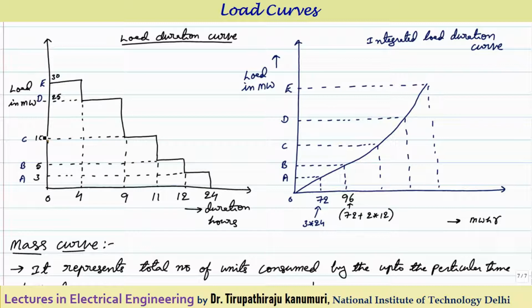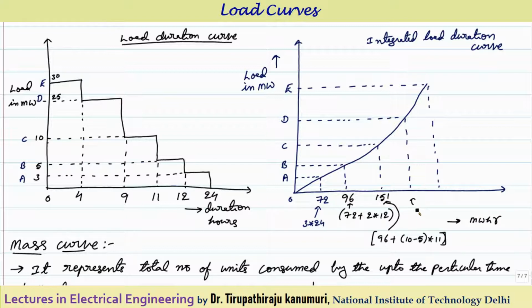For the next rectangle, the difference between 10 and 5, I am keeping here. So this will be equal to 96 plus 10 minus 5. For how much duration? This rectangle is for a duration of 11 hours. That means you have to take 96 plus 10 minus 5, which is 5 times 11 hours. So this will be equal to 151. So 151 is obtained.